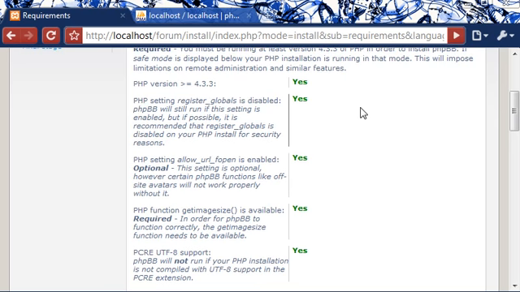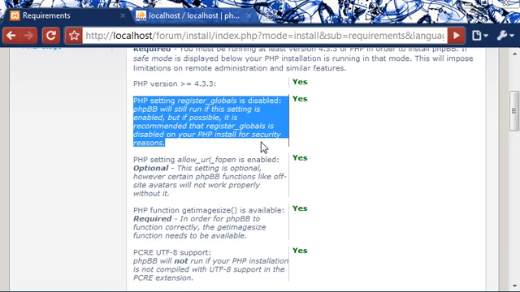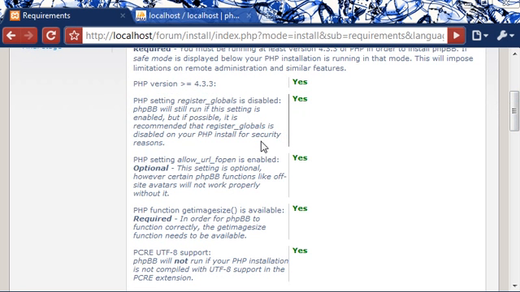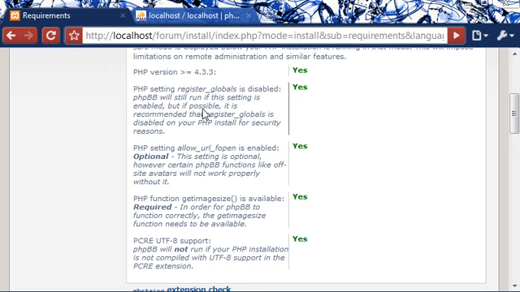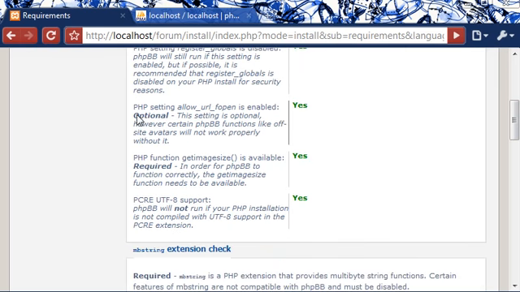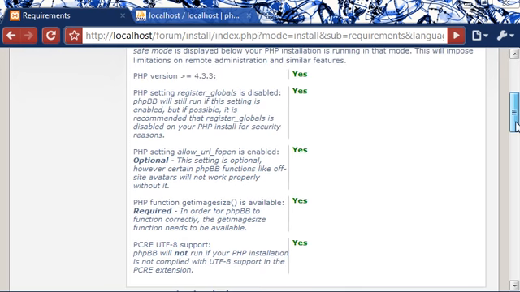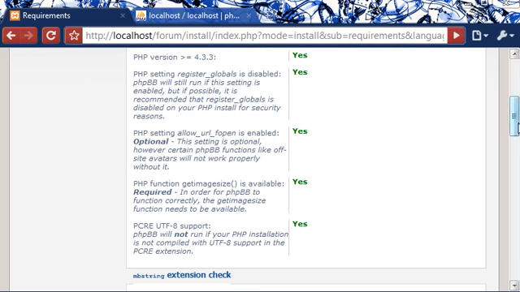Other options, this one is register globals, and it's either way acceptable, yes or no, but obviously it's recommended. Now these are optional, and this one's optional. This is required with a get image size. If any of these return an error, so either no and they are required, what you'll need to do is